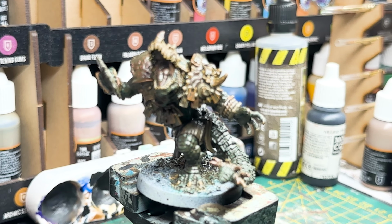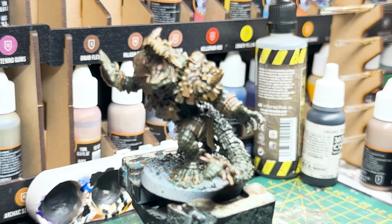So now what we're going to do is remove this enamel and bring back the colours, and it should have a nice shading effect across the model and bring it in line with the rest of them. I use makeup sponges for this because it doesn't leave fibrous leftovers, unlike cotton buds. And this one, I